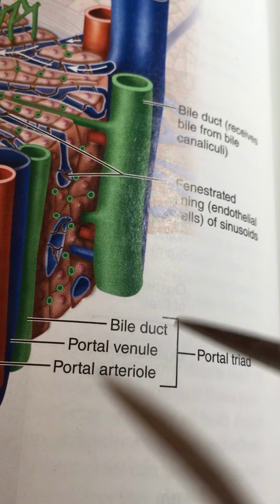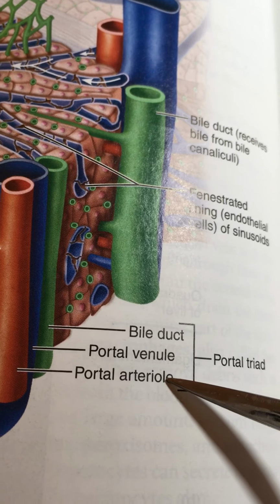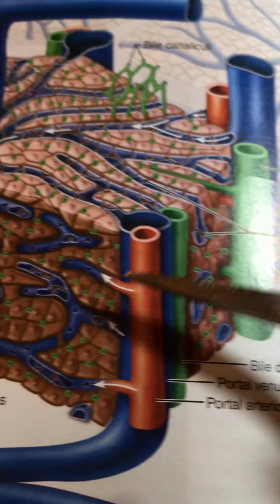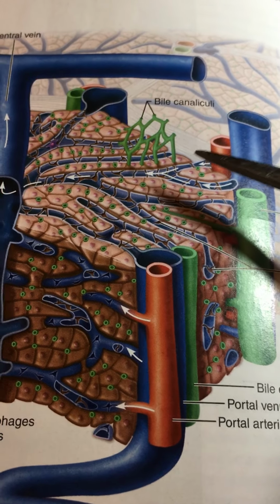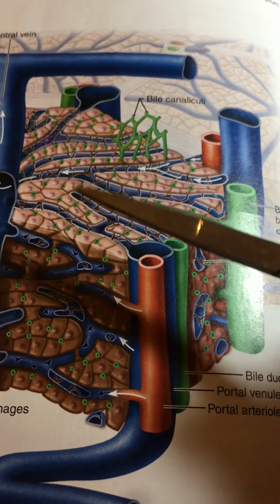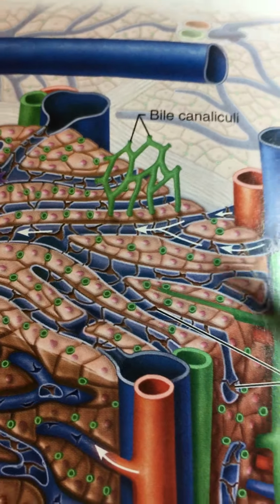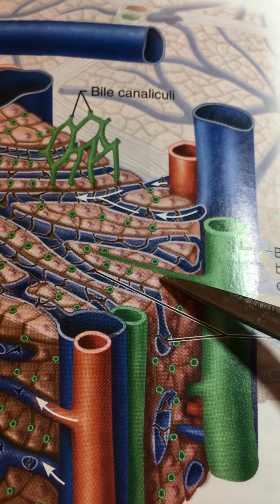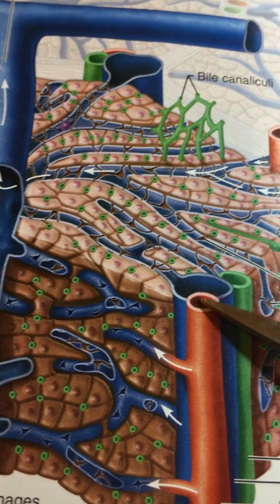It has a branch of a bile duct, a branch of a portal vein, a venule, and a branch of the hepatic, not the portal, the hepatic artery, and now it's an arteriole. And so there's three things here, count them, 1, 2, 3. And the way that the bile is getting into the bile duct, it's going this way, right? So there's little tiny bile canaliculi that are heading back in this direction and filling up the bile ducts, and the cells are making the bile, whereas the arteriole and the venule are sending blood this way to the